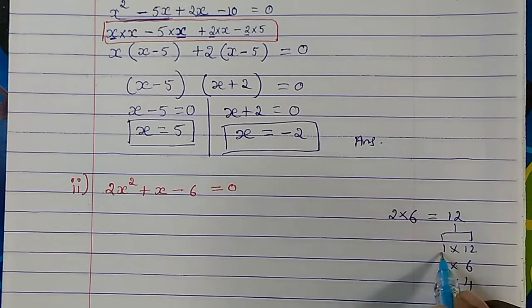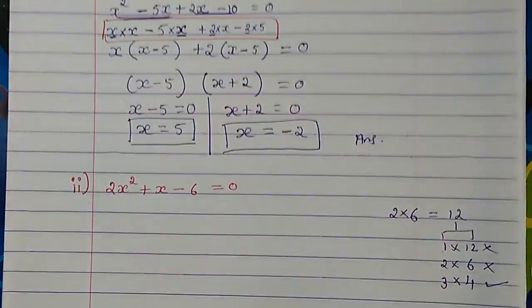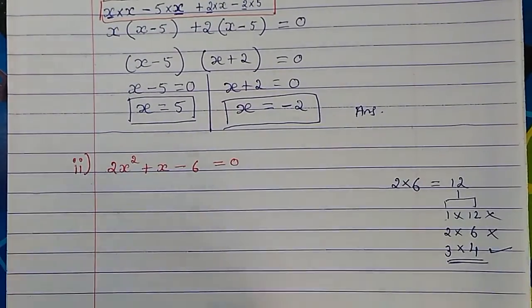So what we will do, if we add also will not come, if you subtract also we will not get this. So here you see 2 plus 6 will give us 8, but 6 if you minus 2 gives 4, so all this we will not get. Here you see 3 plus 4 will be 7, but 4 minus 3 will give us 1. So this is a correct pair. Okay, so we will take this pair.